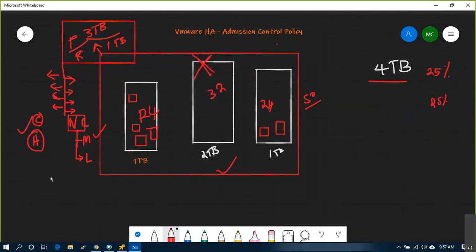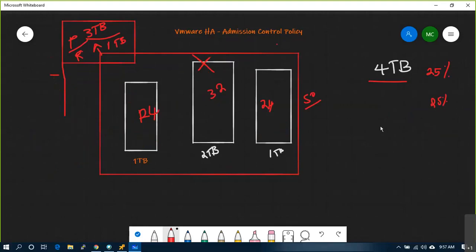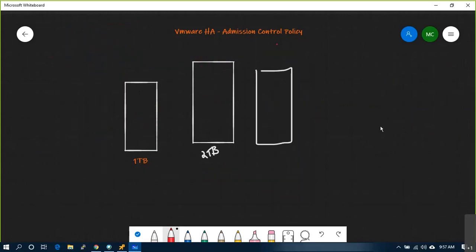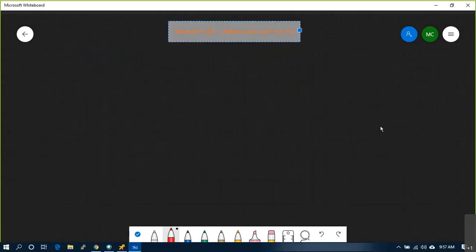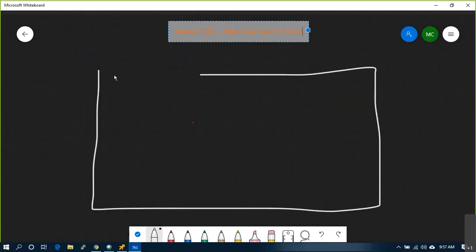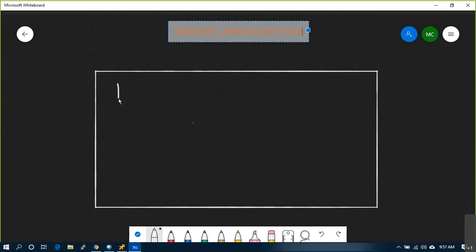So this is one way. Another way is, you have a vCenter and you have a cluster.